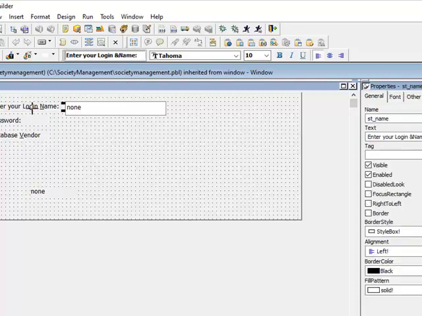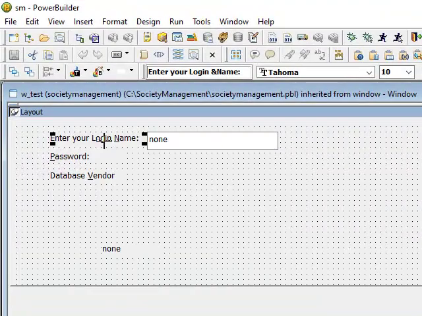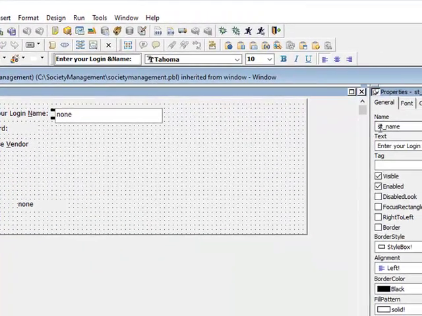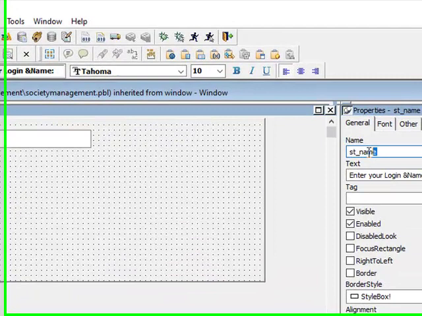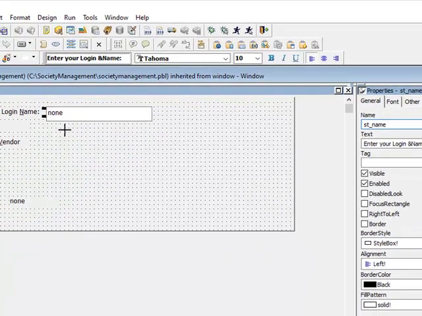These kinds of controls will be named st underscore, and then you can do whatever you want, you can change the complete name. But generally all static text control names will be kept st underscore something, st underscore 1, st underscore 2.